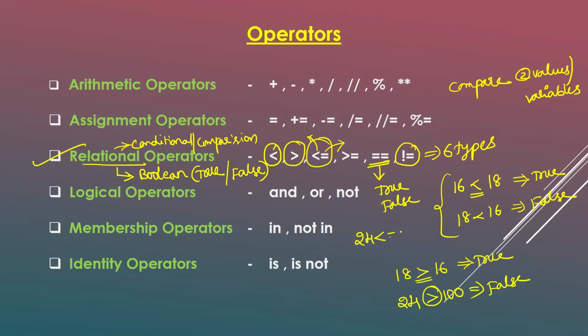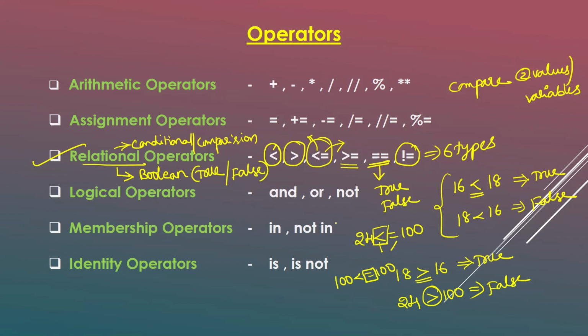Twenty-four less than or equal to 100. Here, I can satisfy only this condition, that means the left side value is smaller compared to the right side value. That is also okay. Either this condition or that condition should be satisfied. For suppose if I have written 100 less than or equal to 100, now in this case, the equal to symbol is satisfied. Okay, this is about the less than or equal to symbol.